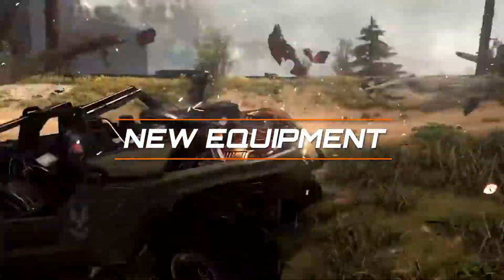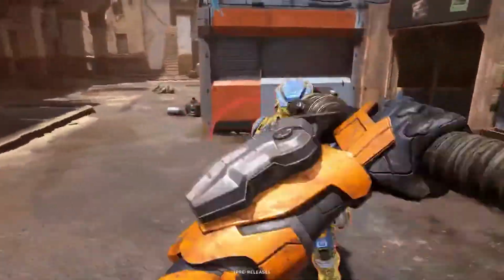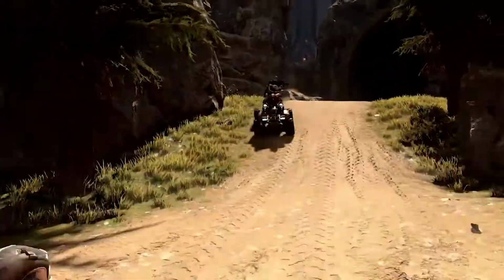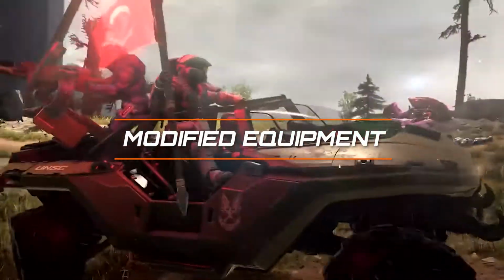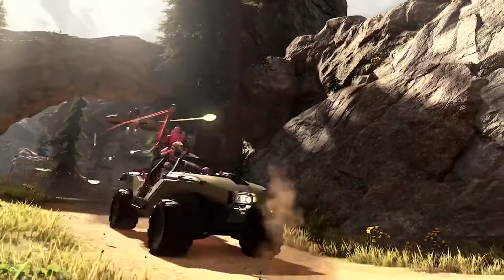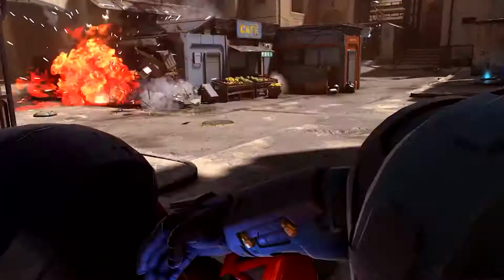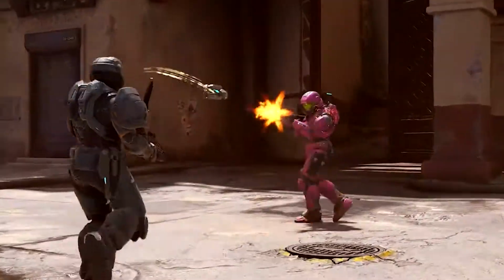Some of the new equipment that we're going to be talking about in just a minute are the grappling hook, the repulsor, and the threat sensor. But before that, let's talk about the modified equipment, or equipment that we've seen in previous Halo games that has changed in some way, shape, or form to fit the playstyle of Infinite. Starting first, we have the drop shield, which is kind of like the cousin of the bubble shield